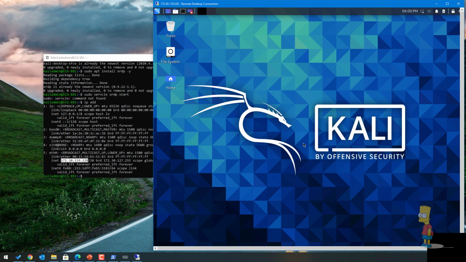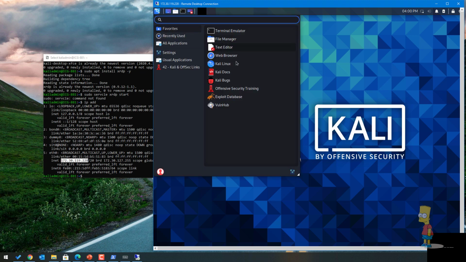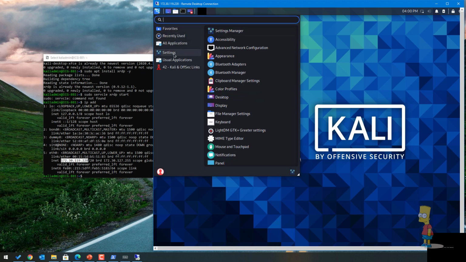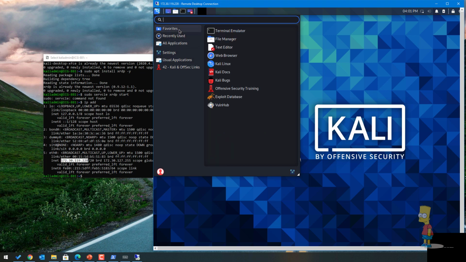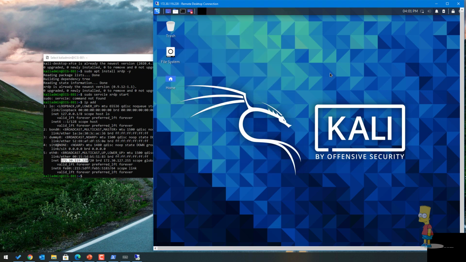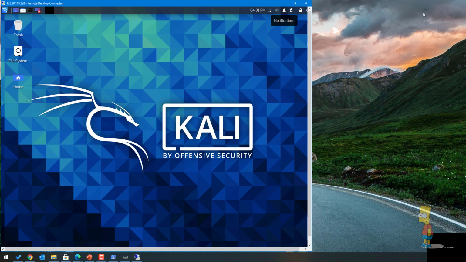There you go. Now you have Kali Linux running in full GUI mode. If you look at it, all the default utilities you require are there, whatever you prefer, because I'm not a Kali Linux expert. I'm also on a learning curve in this area. But as you can see, you now have the full GUI of Kali Linux running on your Windows 10 machine without taking many resources compared to running a separate virtual machine.